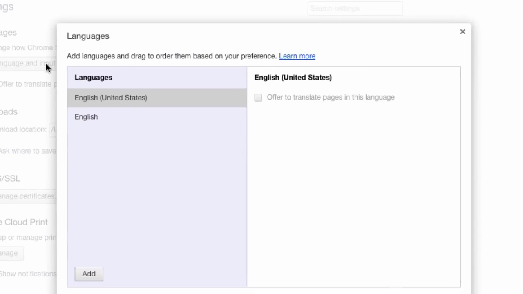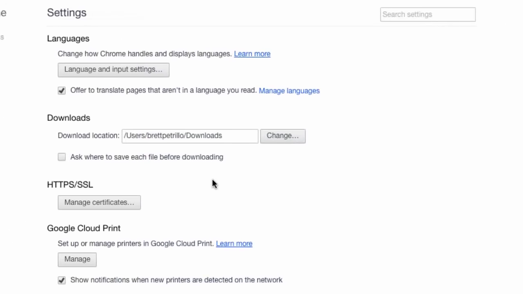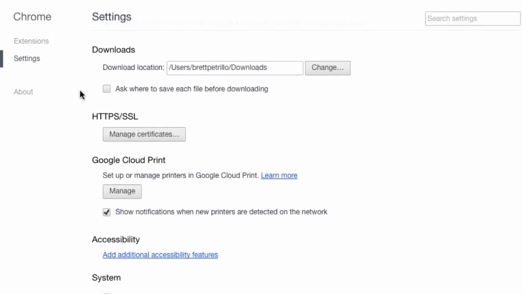Now, if I click on that box there, you see that mine is set up for English. I can add a language there as well. And this little button there, this is very handy. If I have it checked, it will offer to translate pages that are not in English for me. So that will show up at the top of the page saying Google Chrome can translate this page for you if you wish, and if you want it to, you just say yes, okay, and it translates it. So that's quite handy. And you can see the benefits to that in a classroom, especially where you might have